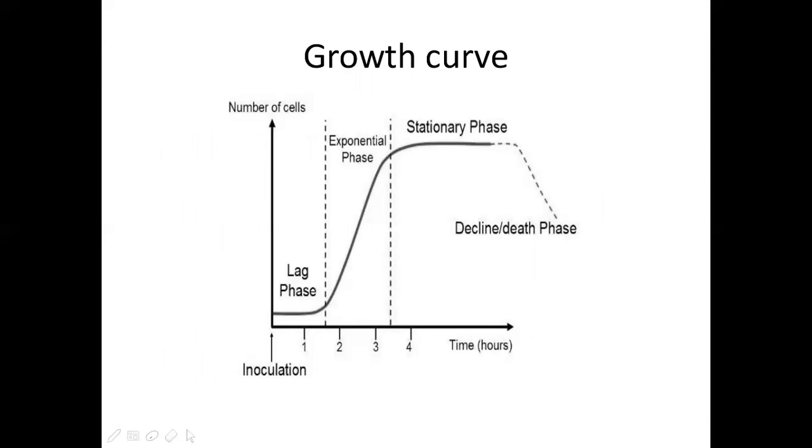So how are we getting these phases? If we grow the microorganisms, or carry out the fermentation process, we can take the OD at particular intervals, by which we can calculate the number of cells. By putting the number of cells on the y-axis and the time on the x-axis, we can get a graph. This graph will have four phases. One is the lag phase, second is the log or exponential phase, third is the stationary phase, and fourth is the decline phase. So what is the meaning of each phase here?